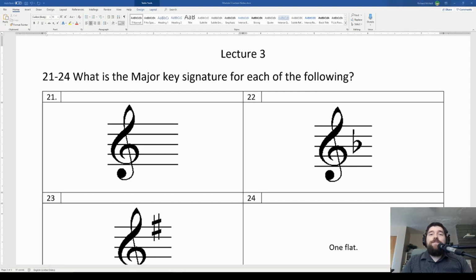All right, guys. So for today's lecture, we are looking at key signatures, and we're looking at them in the treble clef. All right. So we have this question: what is the major key signature for each of the following? But before we get to that part, I want to answer the question or the idea of what is the